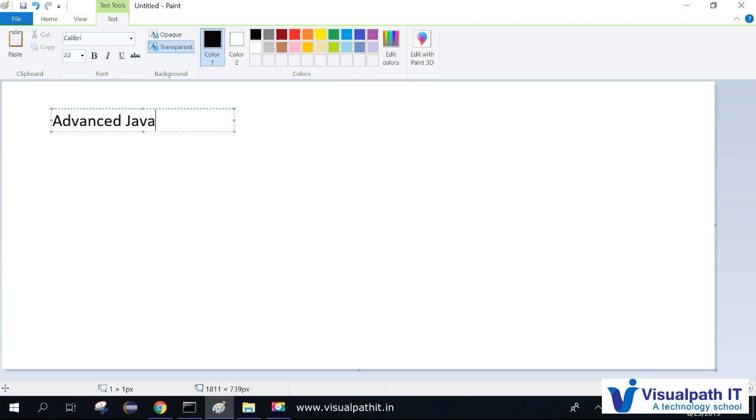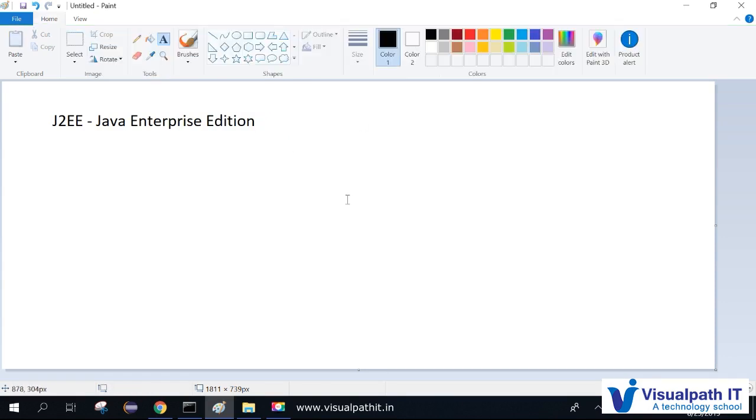But as I mentioned, there is no term called Advanced Java. We only have J2EE, which is Java Enterprise Edition. So you have to call it J2EE, and these J2EE tutorials will have the following topics we are going to discuss in future tutorials. The topics will be